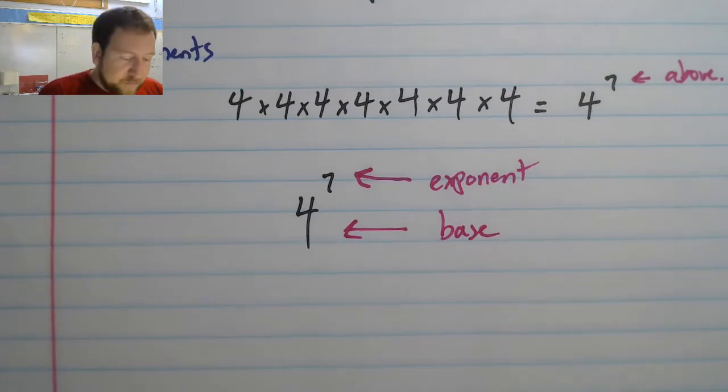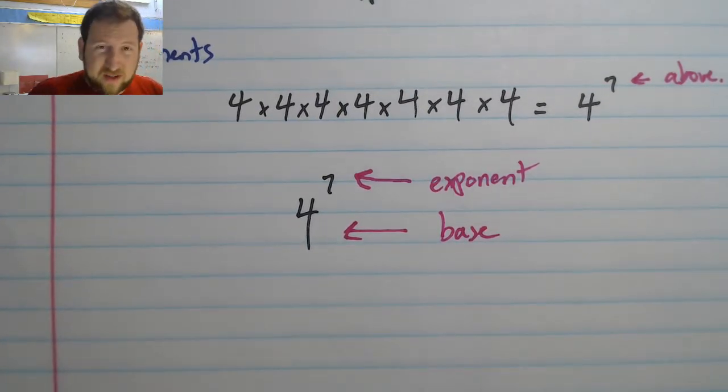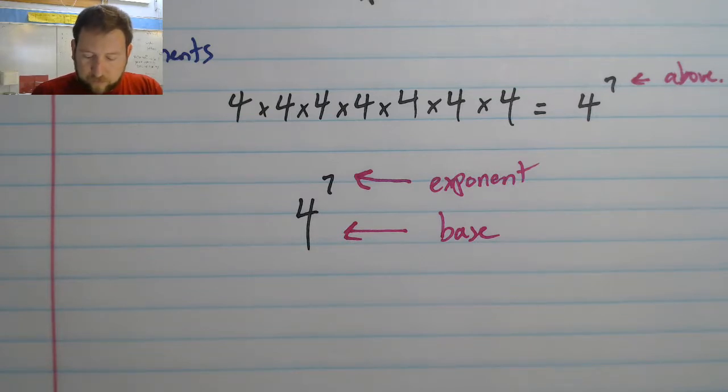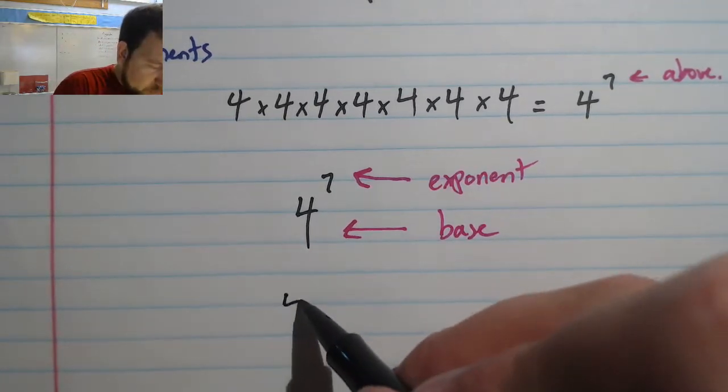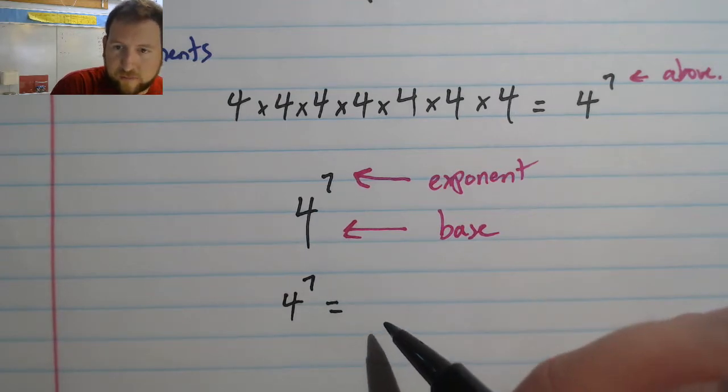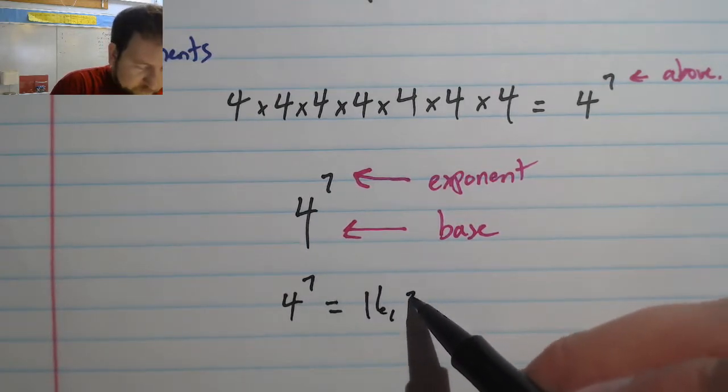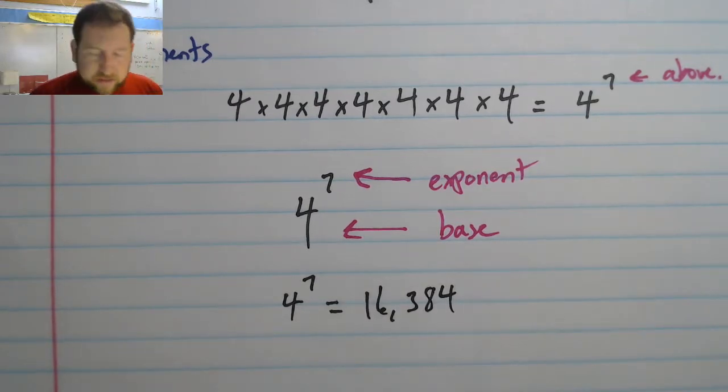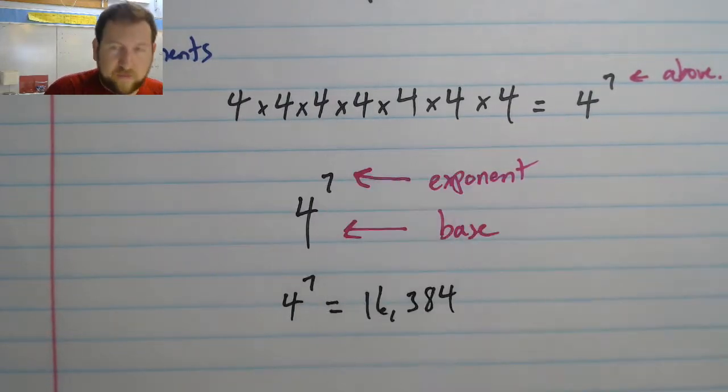So in this case, if I were to type in 4 to the 7th power on my calculator, it might not work on that one. I might need to find a more scientific one. Let me grab the one on my computer. I can type 4 to the 7th. And the number I get, I could write 4 to the 7th is equal to 16,384. And that does make sense to me in my head because I'm really multiplying 4 times 4 times 4